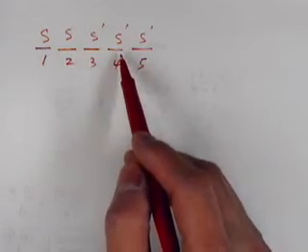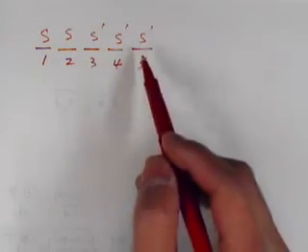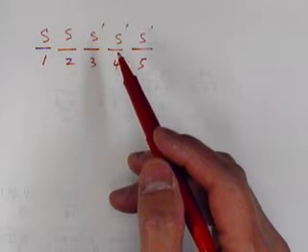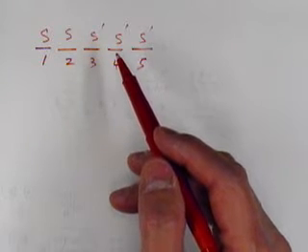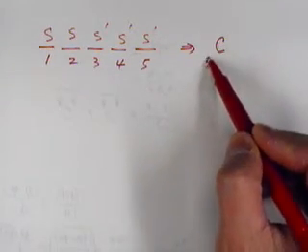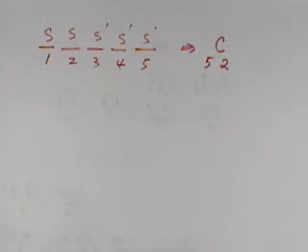Or 1 and 4, or 3 and 5, or 2 and 4. Right? So any combination of 2 positions, if you let them be 6 and the rest of them are not 6, that's a different outcome. So you do realize that to solve this problem, we can use a combination of 5 take 2, right? How many possible ways can you select 2 numbers out of those 5 numbers? Okay, it's the same thing. That's one way to do it. There are other ways to do this counting, right? But I can use a combination formula.